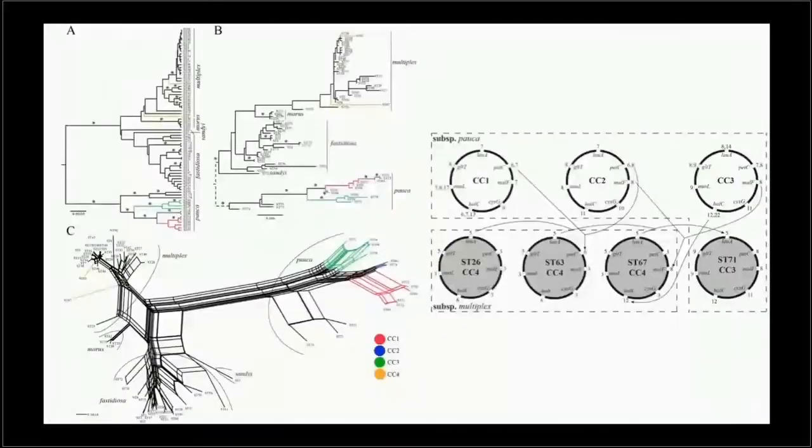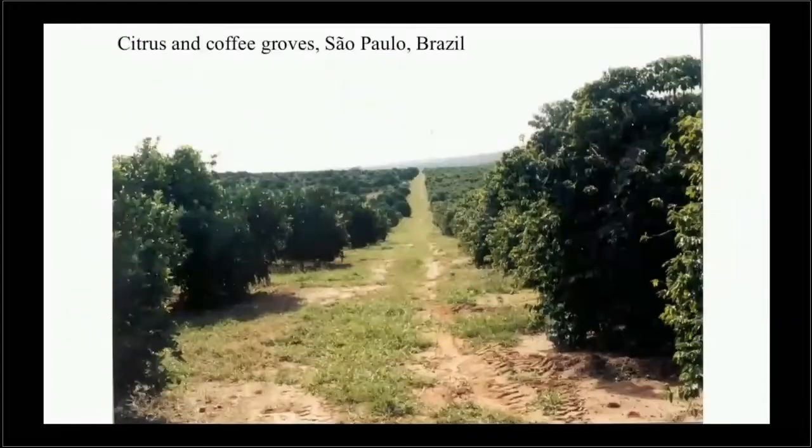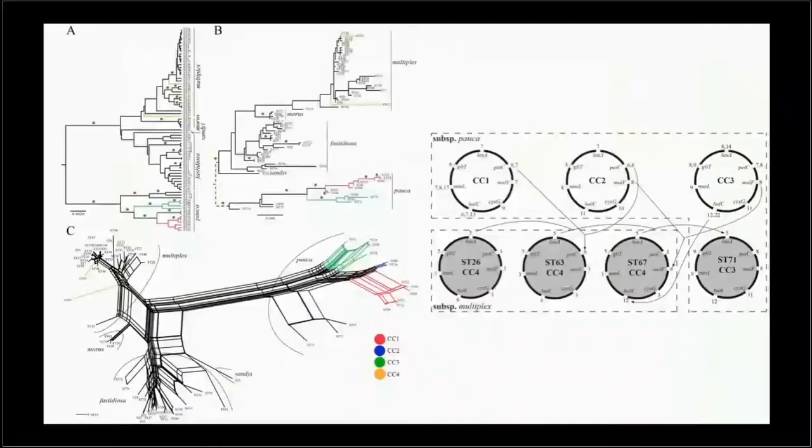So you do the typing, and okay, let's go back because this is incredibly busy here. But I have a point. If you do the biology, you get these genotypes from different areas of Sao Paulo from citrus, you put them in coffee, you really get no disease. You get them from coffee, you put them in citrus, you really have no disease. And people have done this over and over, and the results are always the same. So let's walk through this very busy graphic here, and I do have a point.